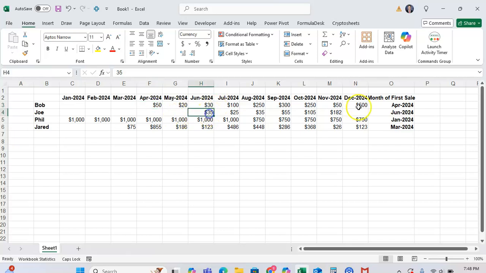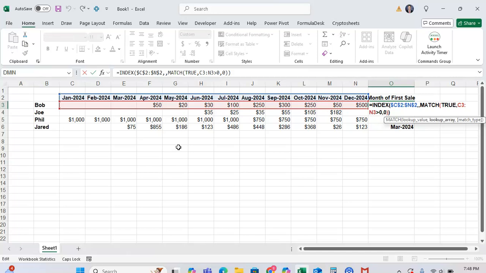The first month that Joe got a sale was in June. And then the first month for Phil was January, and Jared is in March. And this is great if you're trying to find this for a bunch of different rows. And one thing to note too is that you can tweak this criteria here to be whatever you want, in the sense that in this example I have it where the array